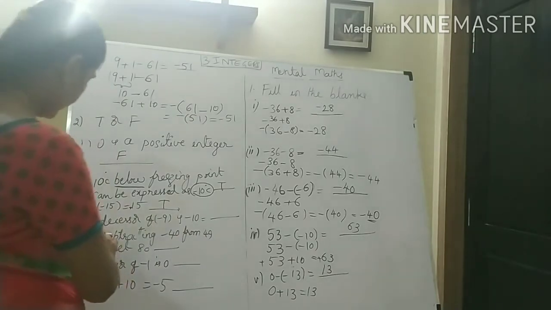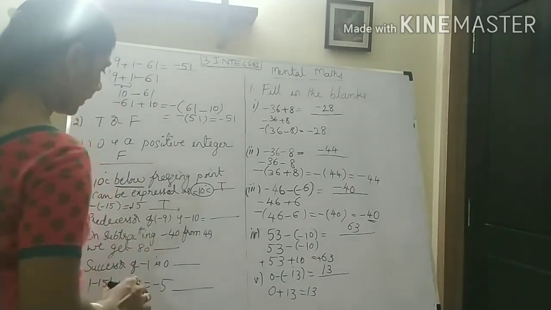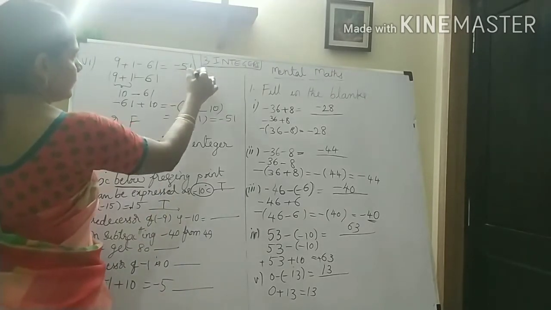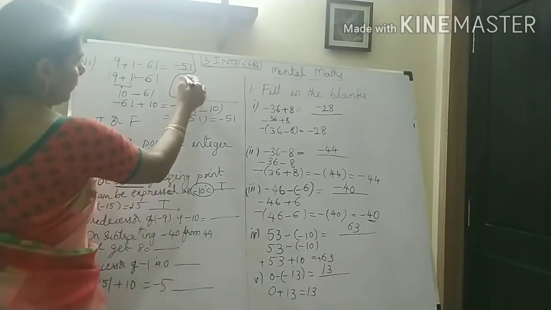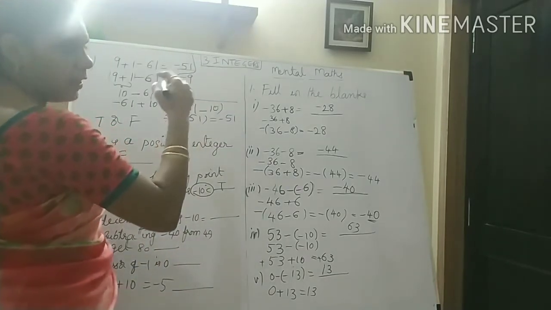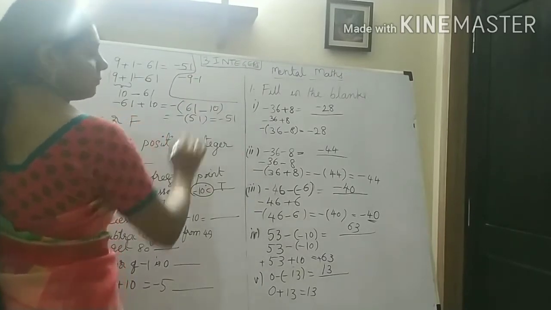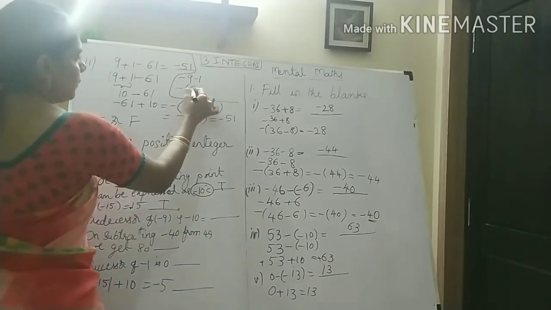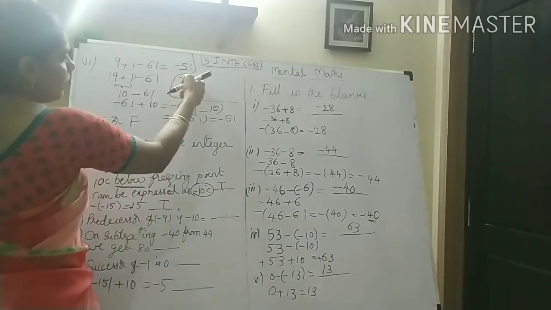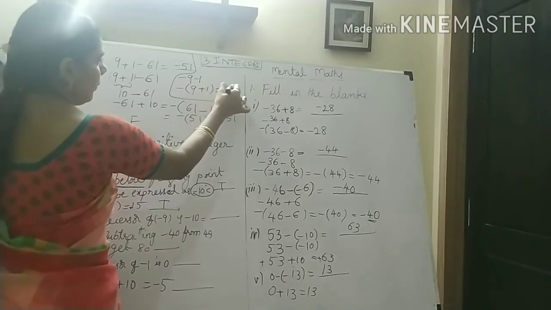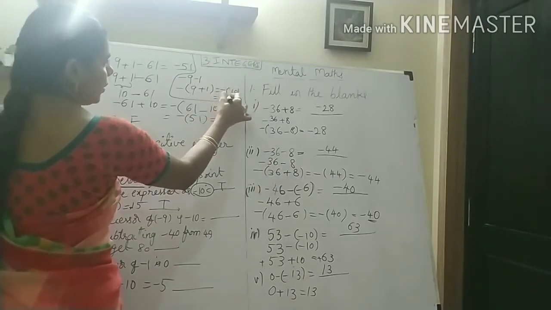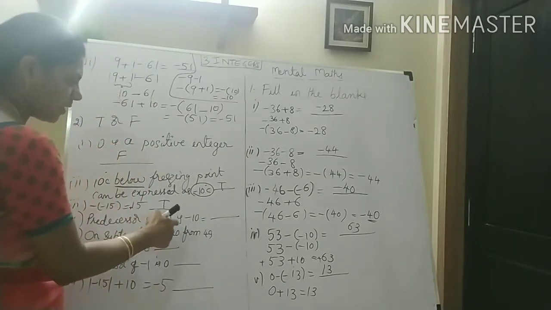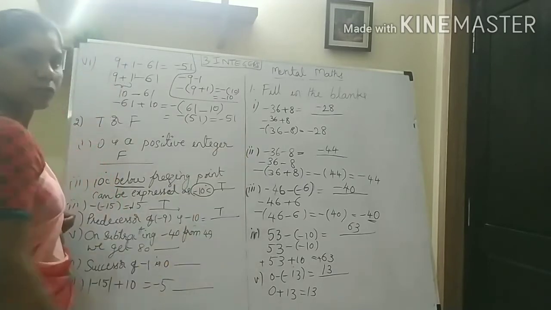And see the fourth one, predecessor of minus 9 is minus 10. Predecessor means always going back 1, that is, we have to subtract 1. So in these two, I am taking minus common. This minus 9 will become plus, this minus 1 will become plus 1. Now see, minus of 10, now again apply minus, you will get minus 10. Here what they have given, predecessor of minus 9 is minus 10, right? So your answer is right.